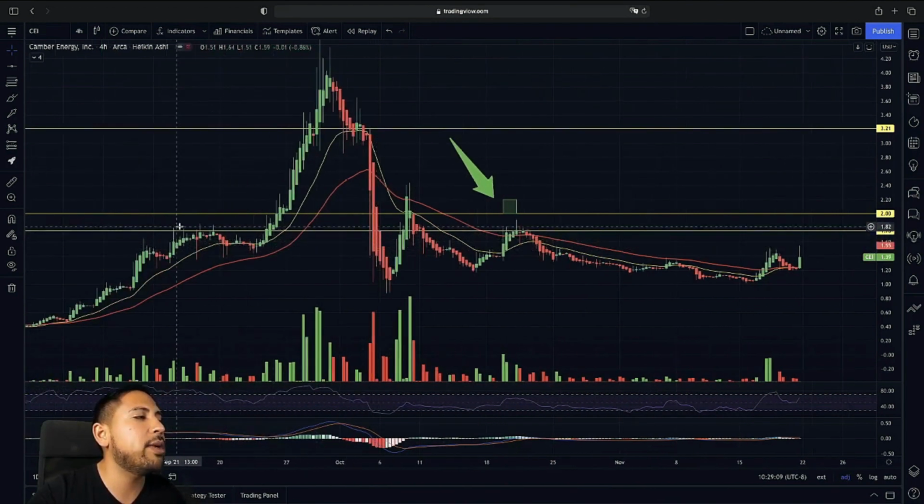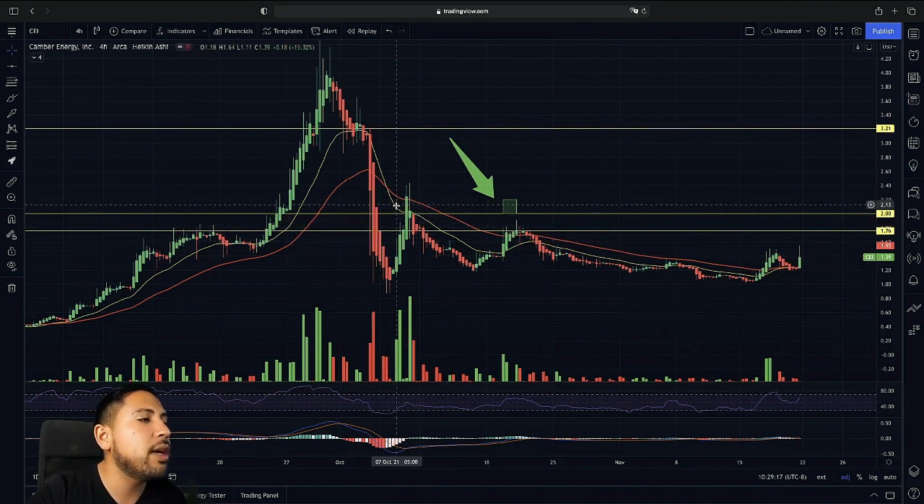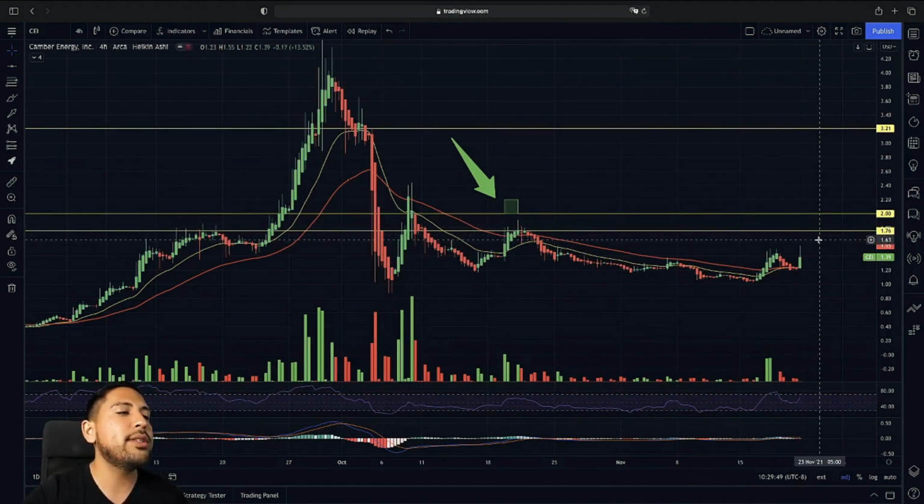And we also did have our rejection just to the upside, had our confirmation on that major breakout previously here on CEI. So looking to see if we can get back over 1.75 and breaking over $2 as our strong doji candle and our indecisive candle that we are trying to break back above as well. So going into this week, we will be looking to see if we can get back over 1.75,